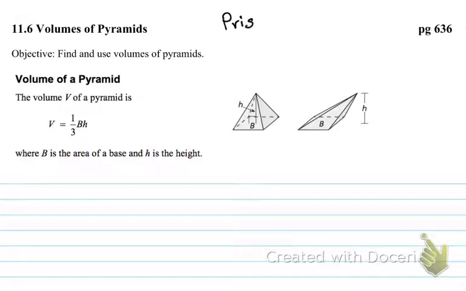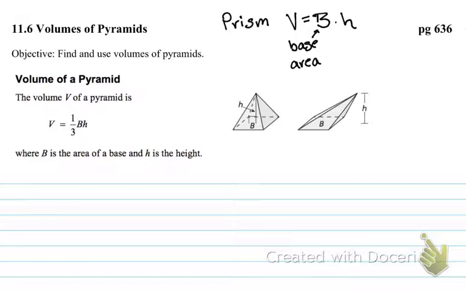If you don't remember from the last section, volume would equal the big B, which is the area of the base, so that's the base area, times the height of the prism. It's the height of the prism, not the height of the base. Okay, and in my last video, the video I had you watch previously with the water, we noticed that